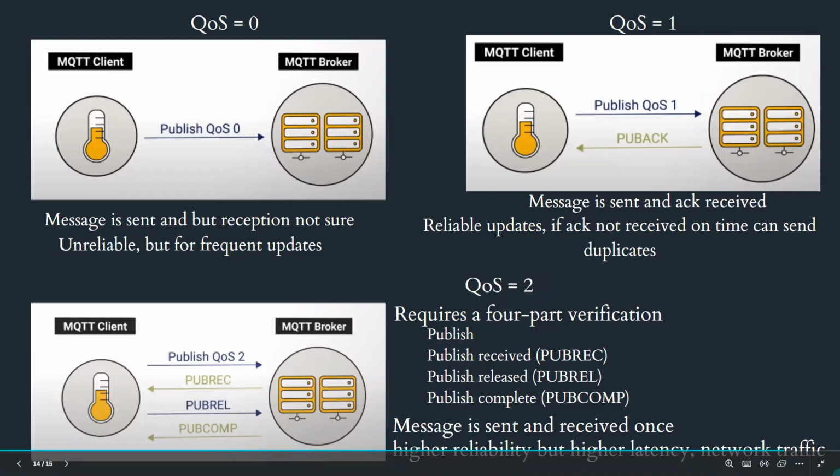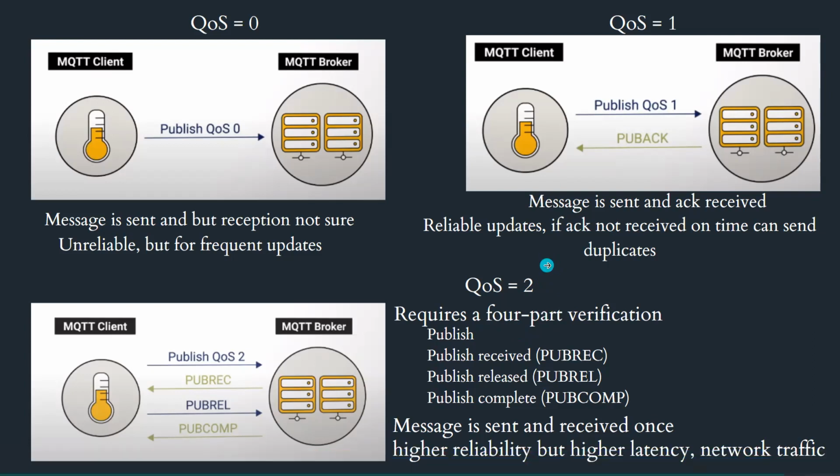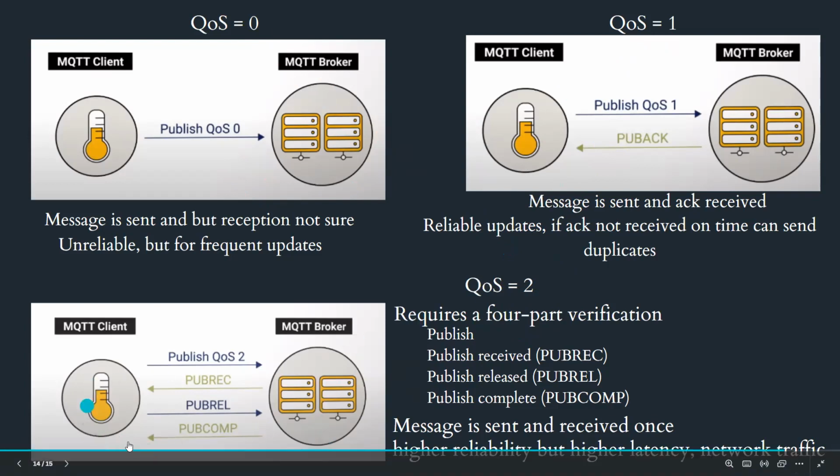So that is what I think we will be discussing more today, about this QoS level 2 and how it differs from QoS level 1. Likewise, QoS level 0 is anyway very different from QoS level 1, because it does not have the acknowledgement feature. So QoS level 2 has this kind of a behavior, and basically the MQTT client